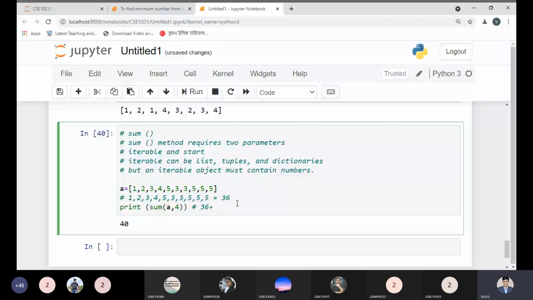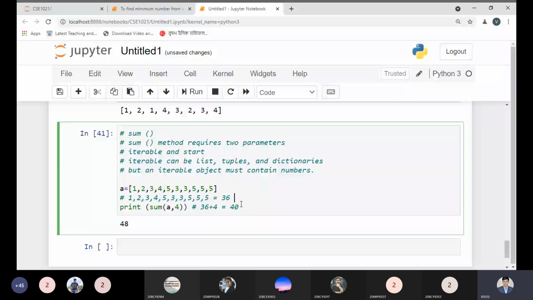This is the point, because what is the start value we want to use? Let me add one more variable, so we are getting 48. Yes, of course, it works like this. The addition of all the elements will be 36, and plus 4 will be added. That is the start.